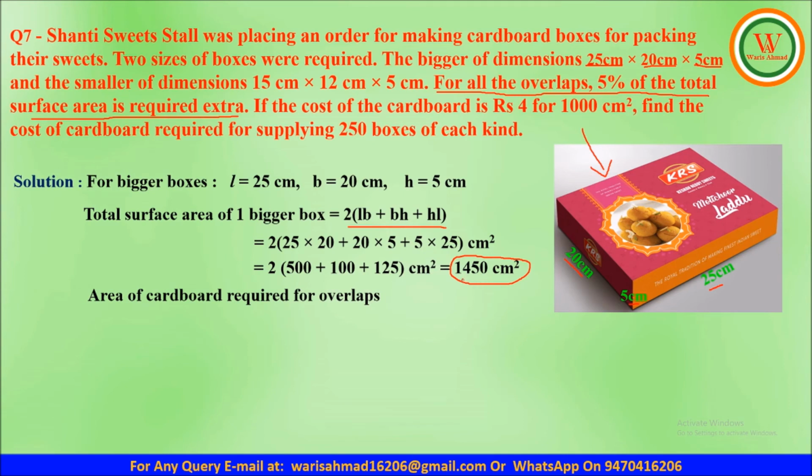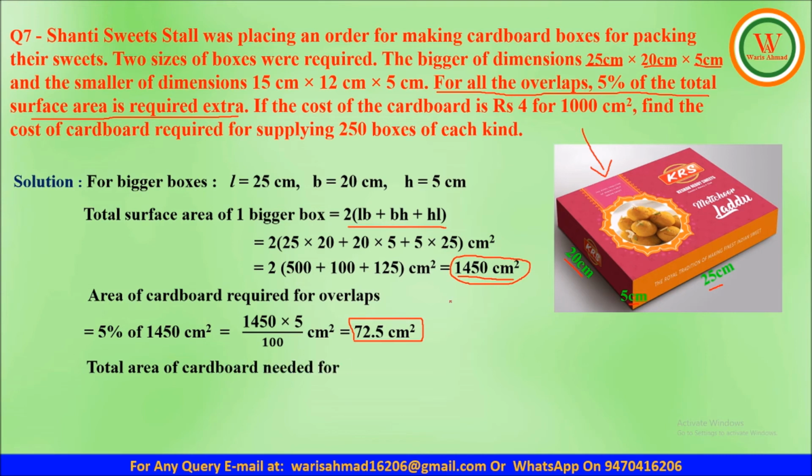The total surface area we have calculated here is 1450 centimeter square. So we have to calculate 5% of 1450 centimeter square, that will be equal to 72.5 centimeter square. It means that to make one bigger box, we need the sum of these two cardboards. So here we can write, total area of cardboard needed for one bigger box will be equal to 1450 centimeter